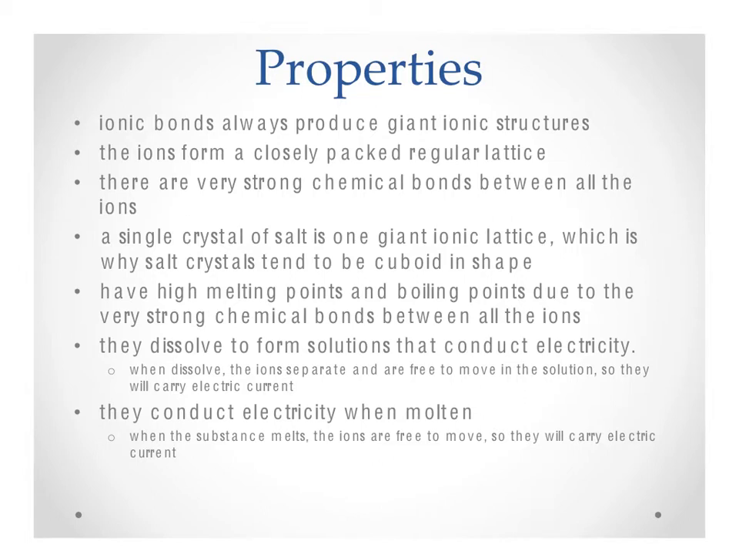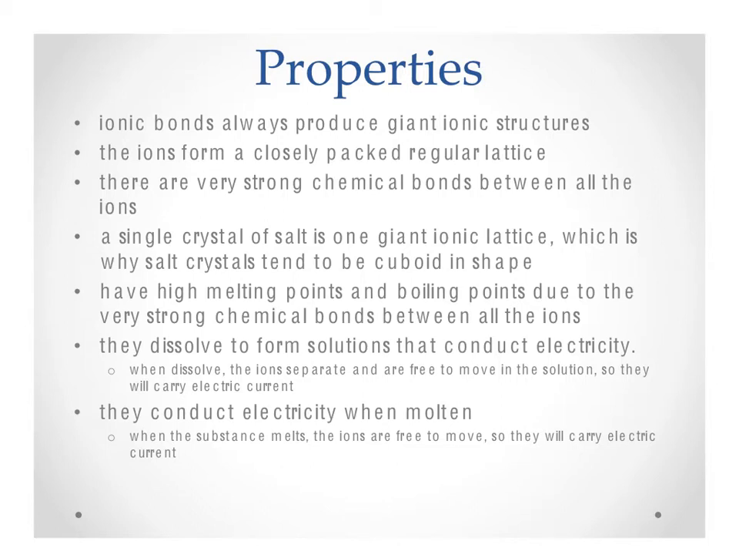Ionic bonds always tend to produce giant ionic structures. The ions form a very closely packed regular lattice. There are very strong chemical bonds between the ions. A single crystal of salt, for example, is one giant ionic lattice, which is why salt crystals tend to be cuboid in shape. They tend to have high melting points and boiling points due to the very strong chemical bonds